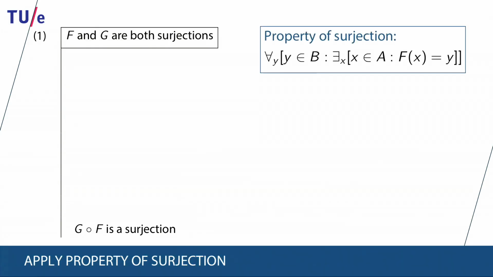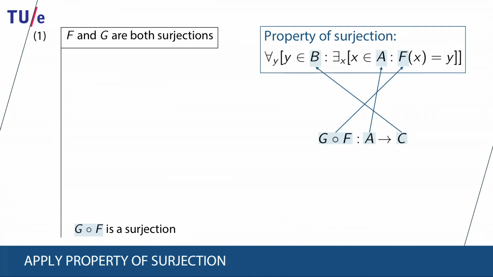Note that the property of surjection is formulated for an arbitrary mapping f from A to B, where f, A and B should be interpreted as meta-variables. Let's find out what the property of surjection entails for the mapping g after f. Note that here g after f is actually a mapping from A to C. So we instantiate the property of surjection, taking g after f as the mapping, A as the domain, and C